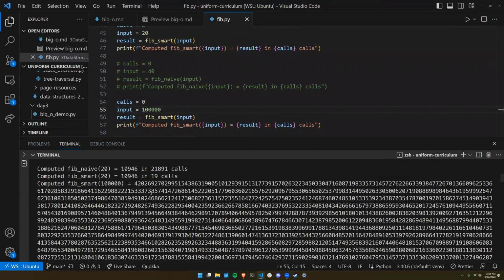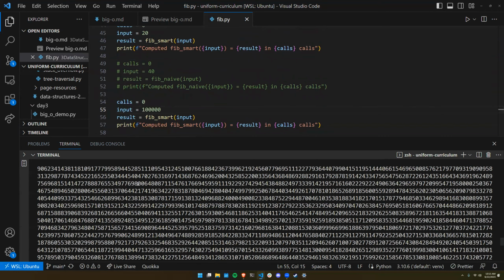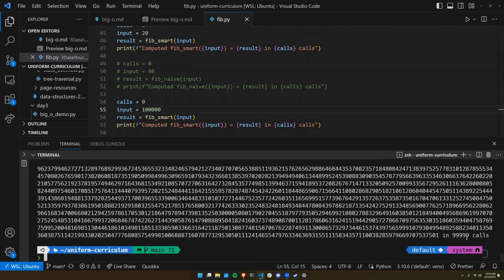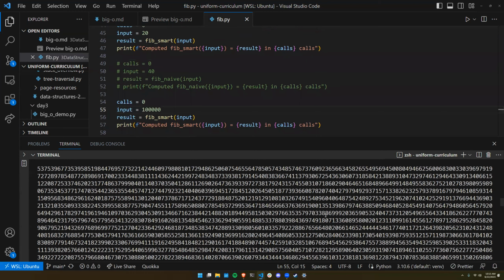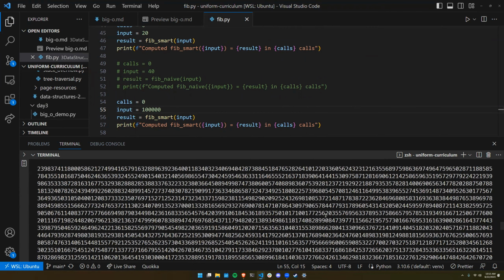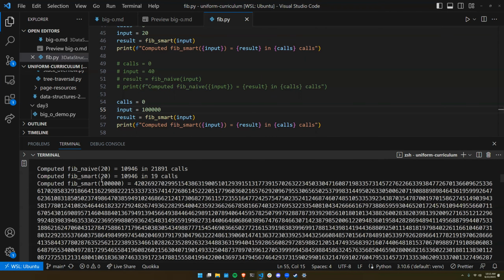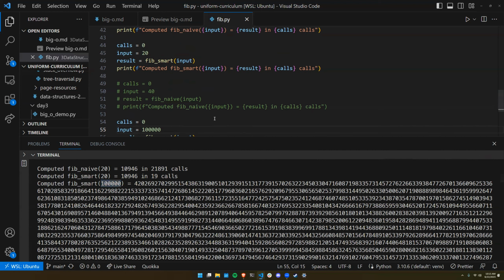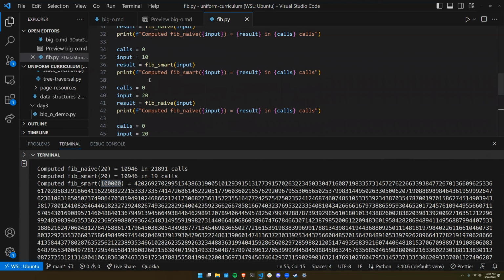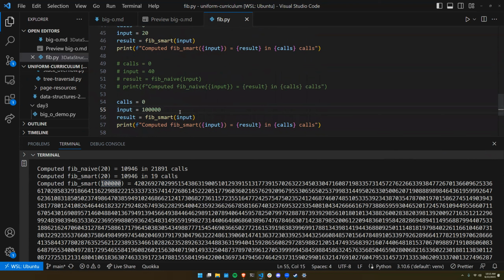But the fact is, we were able to, and did we know how many calls it took? 99,999 calls. Okay, so that's an insanely large number, but we were still able to work with it because this algorithm is O of n. It's both O(n) space and time, because that list is going to grow